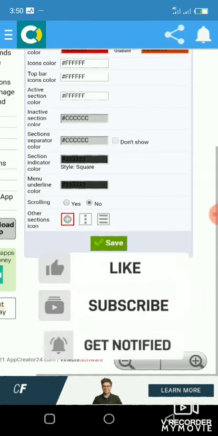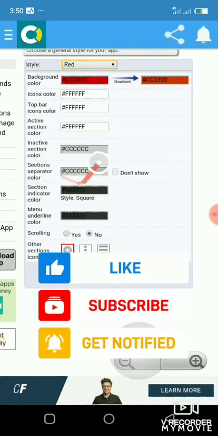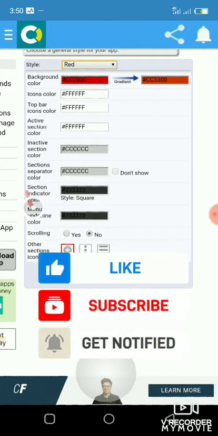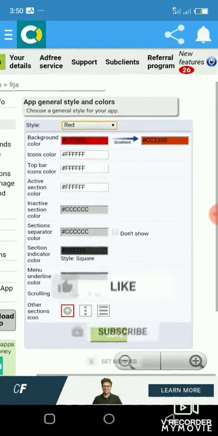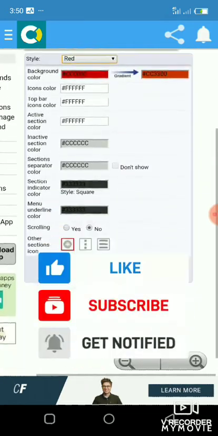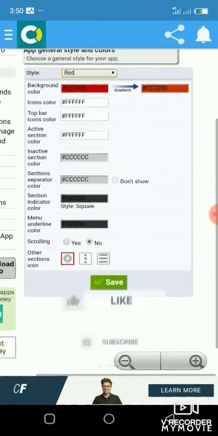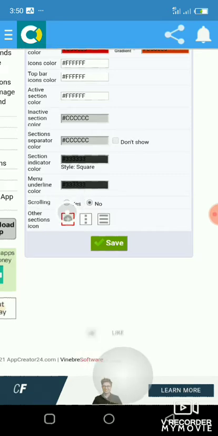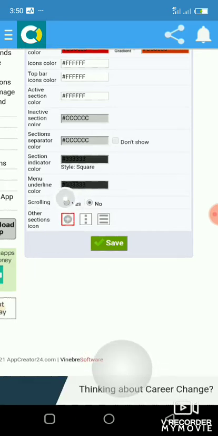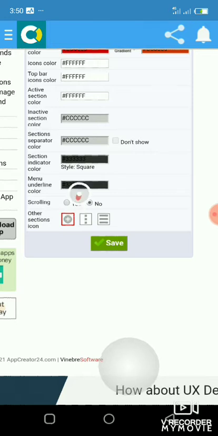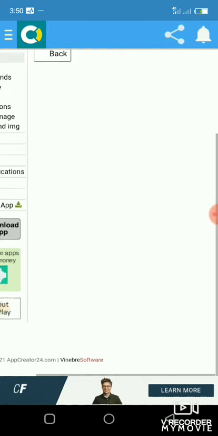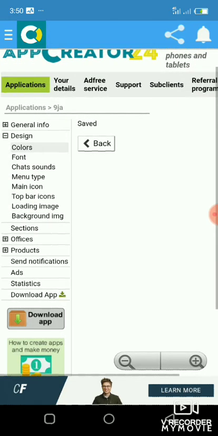Then under this place there you see scrolling. Can you see it? Remember, there are some apps like WhatsApp where you can scroll up and scroll down, like where I'm scrolling now. But there are some apps you cannot scroll except you go to another page. So if I want my app to scroll, I'll just put it on yes, just like WhatsApp. When you open WhatsApp or Facebook you can scroll down and scroll up. So I'll click on yes so that my app can scroll. You can see it now. Then I'll click on save. You see, I'm done with color.